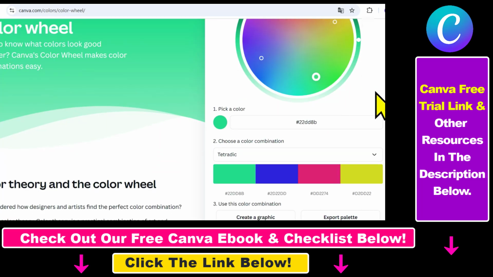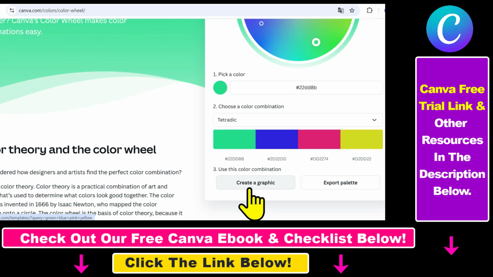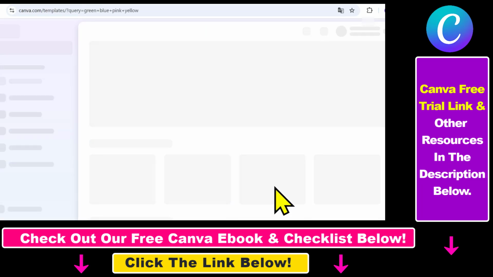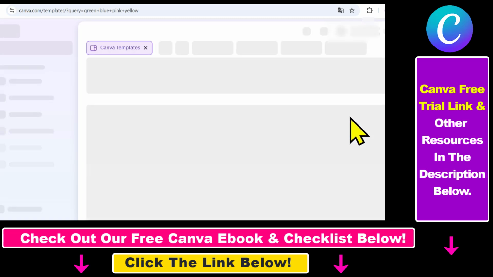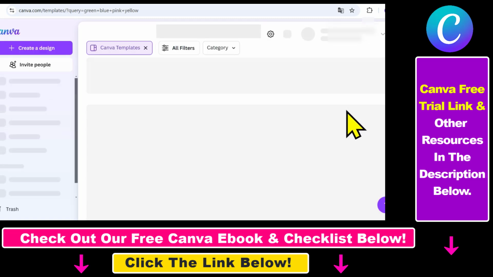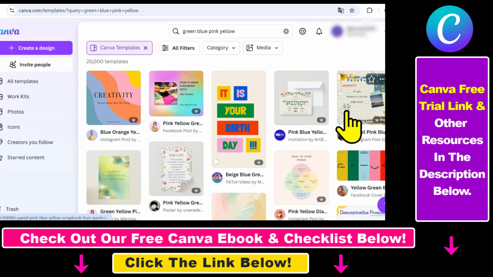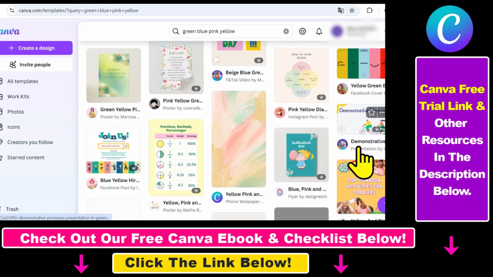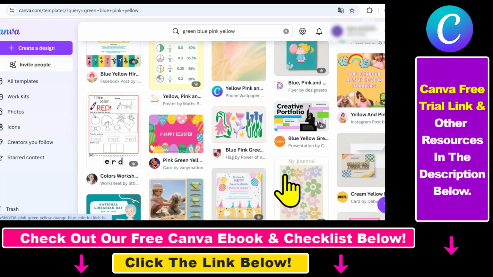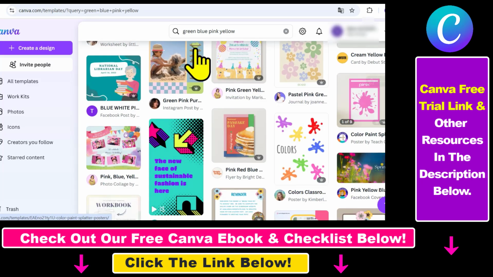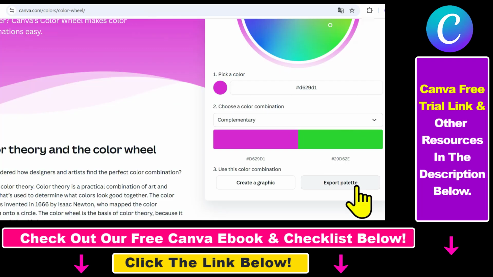What's great about this color wheel is you can tap on this button that says create a graphic, and this will take you to the Canva website and will immediately look for templates that are using these color combinations. You can also create a palette of colors